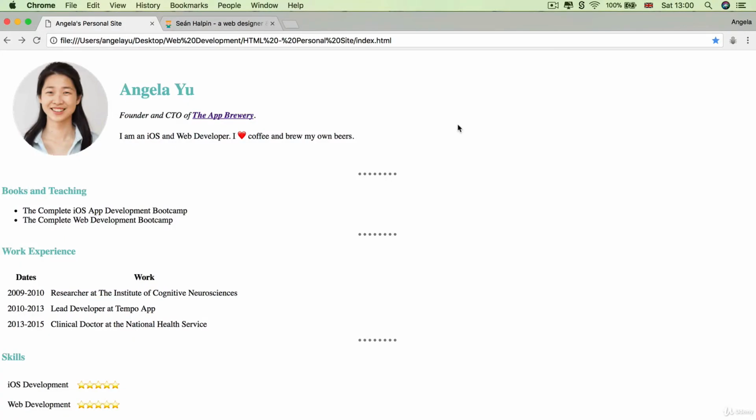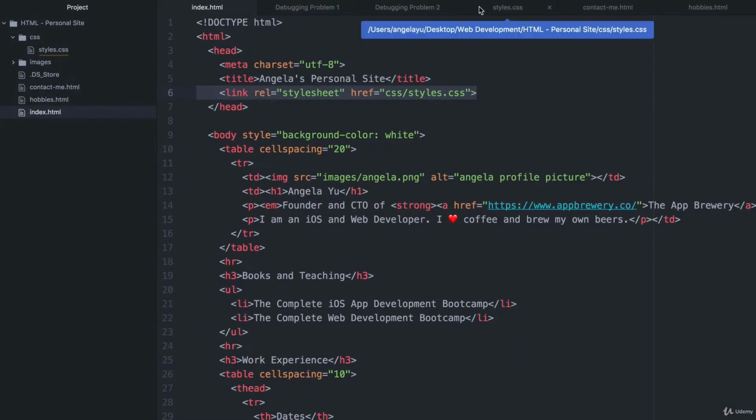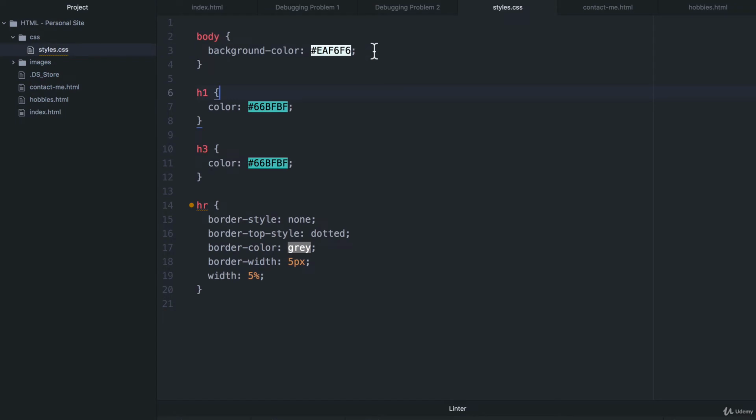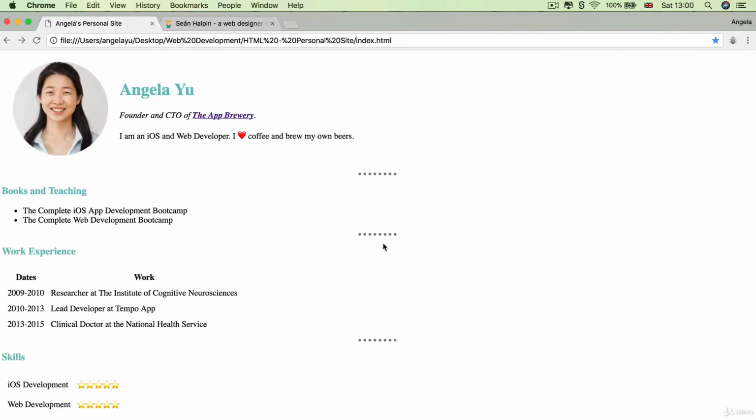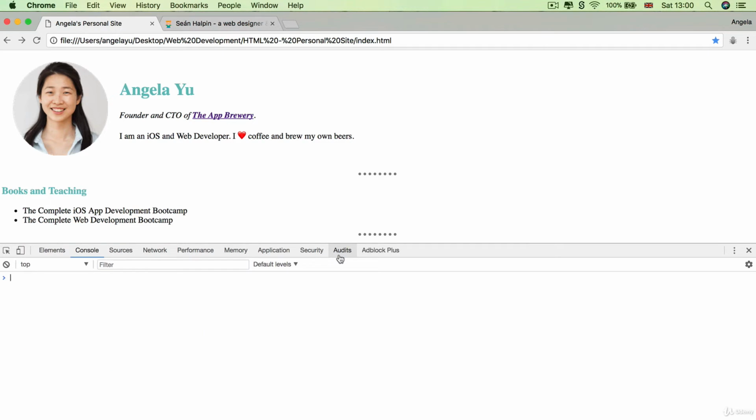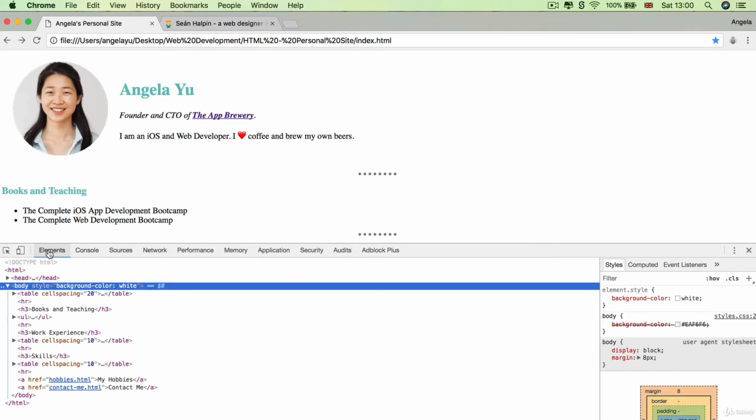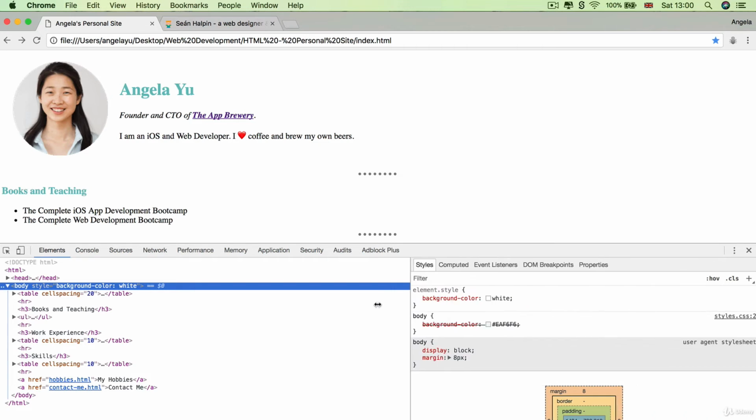So the only issue that we need to fix is, why is it that the background is white, but in our style sheet, we said that the body's background should be our light green color? Why is that not happening? Well, let's go ahead and pull up our Chrome developer tools again. And if we look inside elements and we select the body here, and we go over to this styles section